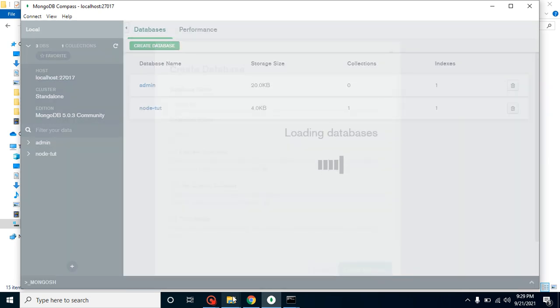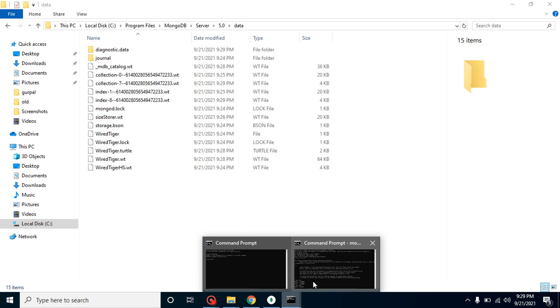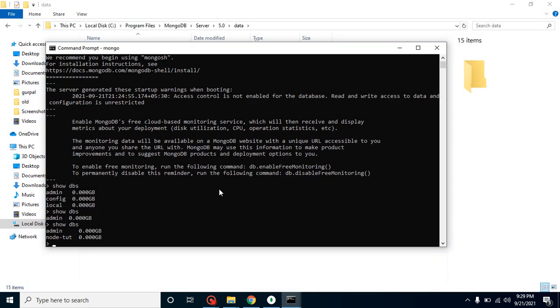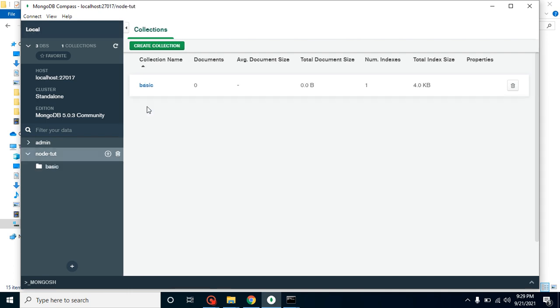And after that you will find that there are 15 items, 2 more items are added. Just check with the command line, we have 2 databases, and here we also have the 2 databases. We can do lots more things with this GUI tool, but we will learn all these things in an upcoming video.